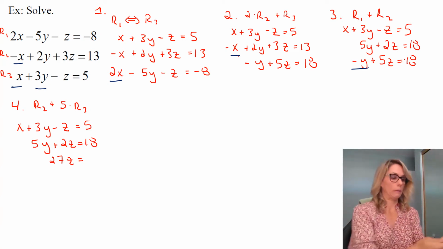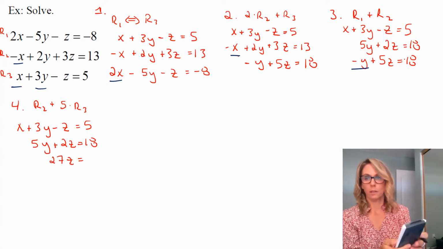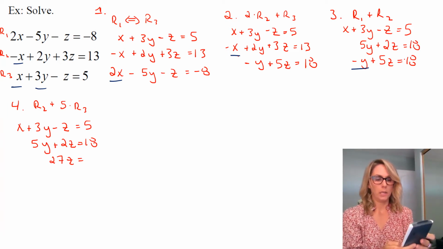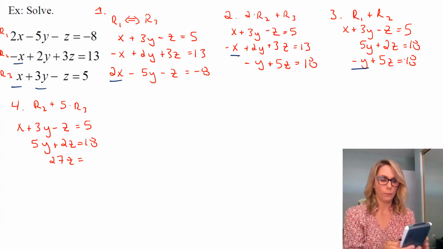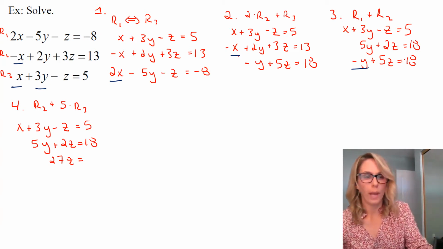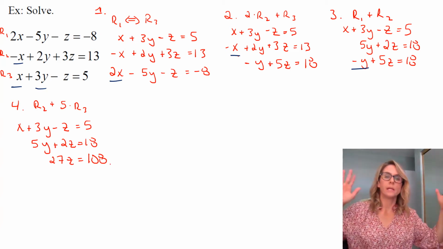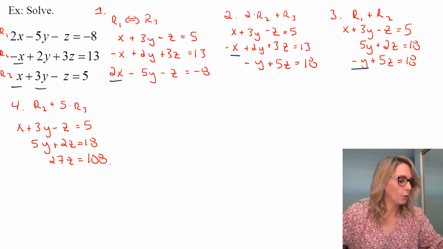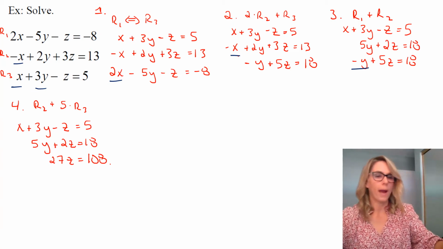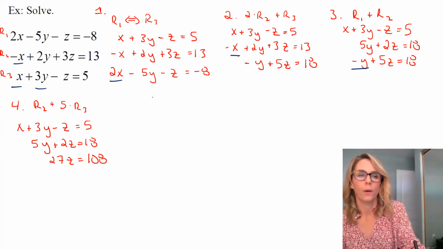Okay, I think I know what that is. I think it's 90, but let me just double check. 5 times 18, yes, plus 18 from row 2, and we have 108. So, all right. But yay, we now have triangular form, and now we can back substitute to get our